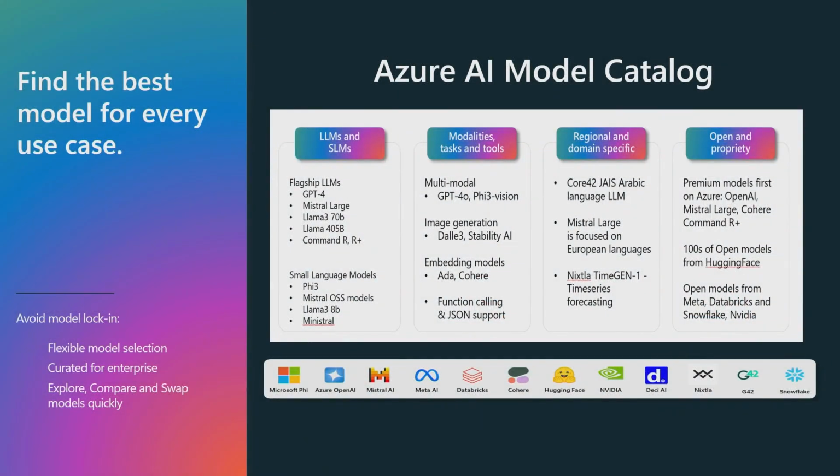If you want to find all these models, you come to the Azure Catalog and you find all of these things. Probably the only place where you have all these categories: the big models, small models, the domain-specific, the region-specific, all of those things are available. And it's pretty safe to use in the sense that we have absolute safety considerations, both in terms of privacy and all the protection that you might want for your AI usage.